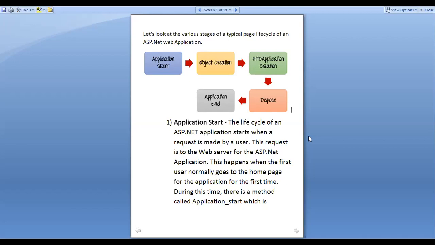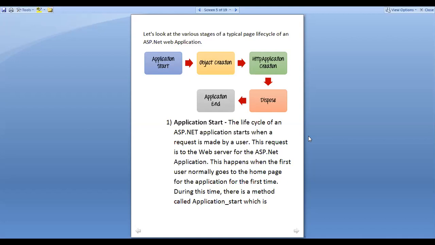It's related to only the application, not a specific page level. When we enter the URL of our website for the first time, the application lifecycle will be started.